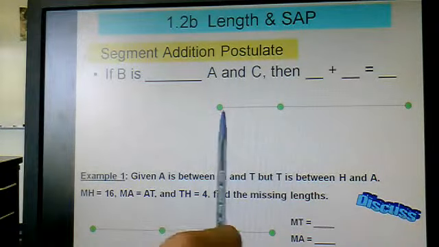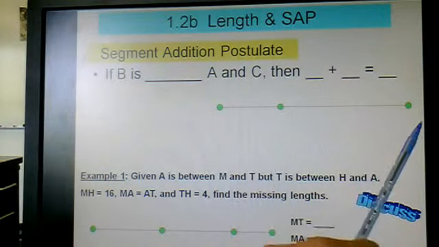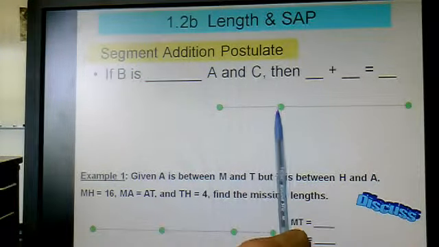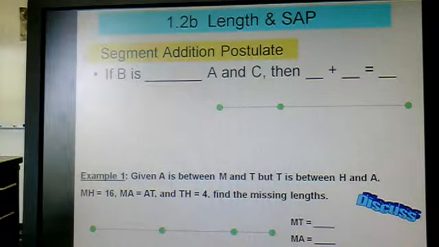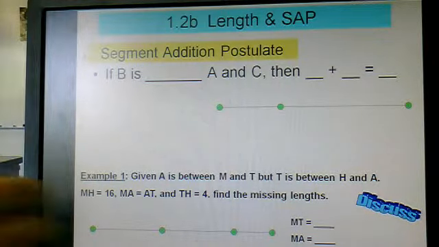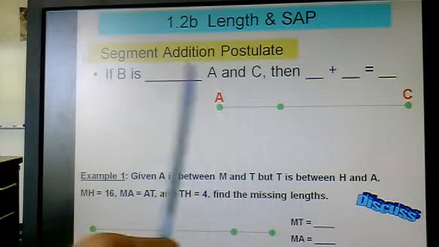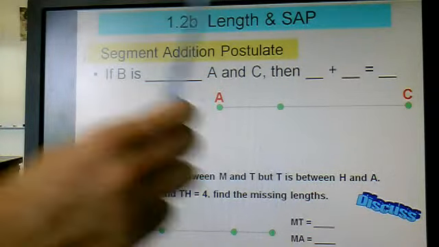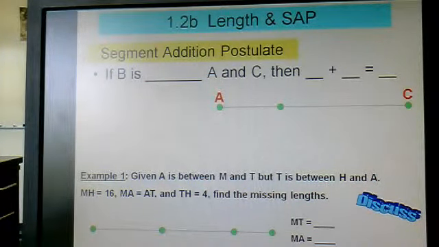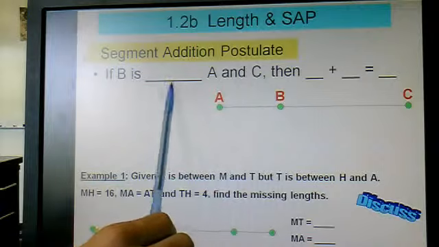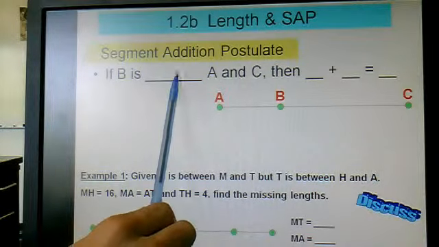So on your paper, there's a little segment there. Just label 3 points. You got one on the left, one on the right, and somewhere in between, not necessarily the midpoint of those two, is a third point. So A is on the left somewhere, C is on the right. The point that's between the other two, label that point B. And of course that's the key vocab word I'm looking for here. If B is between A and C,